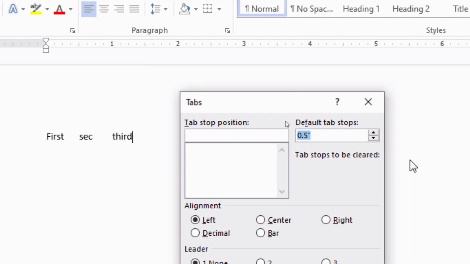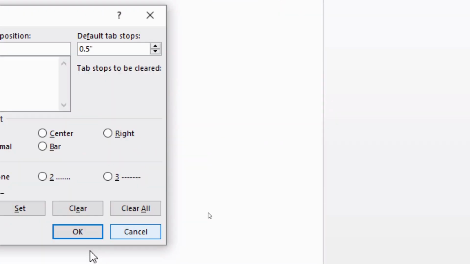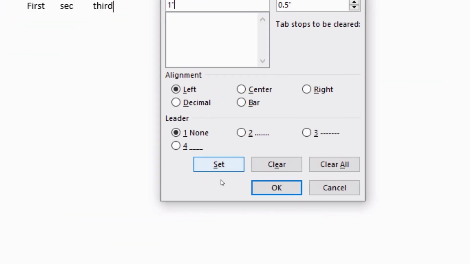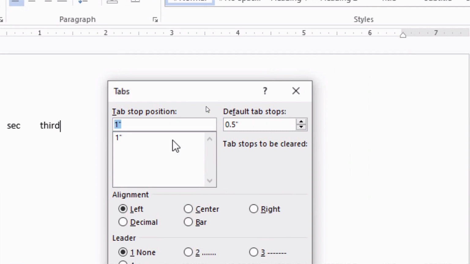Now what I want is my first tab stop to be at 1 inch. So I am writing 1 inch over here, and then set it. So my first tab stop position is defined. Now I want my second tab stop position to be at 2.5 inch.